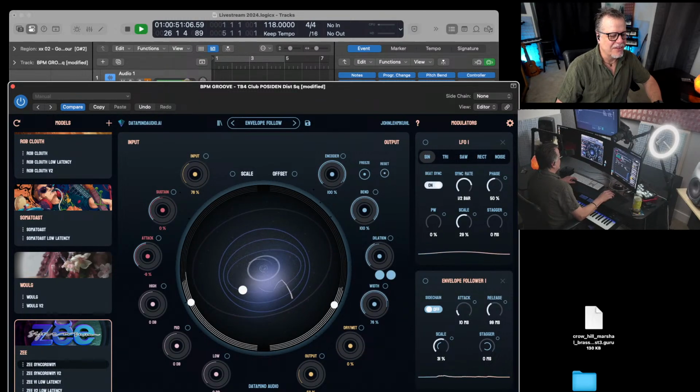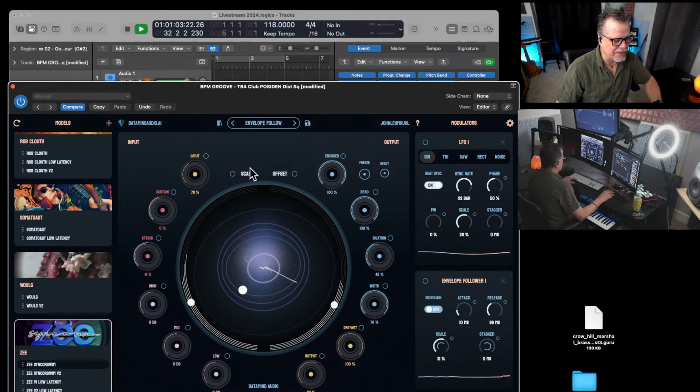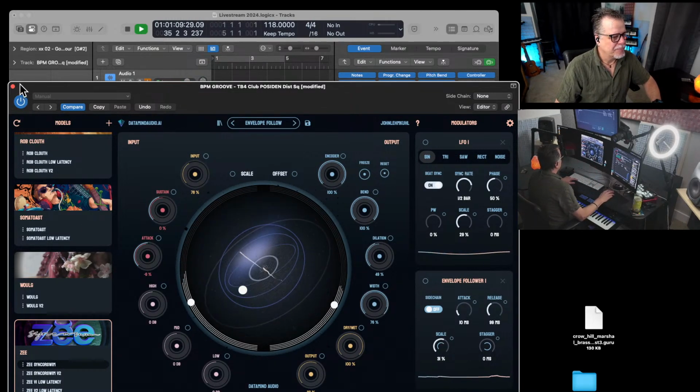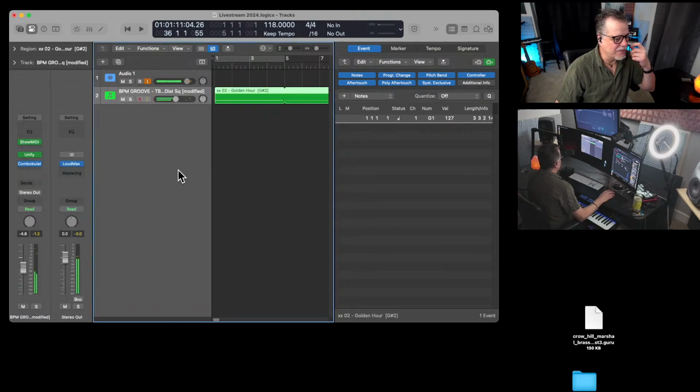And again, it's doing this to this. There's latency to it. It's not real time because it's analyzing and reconstructing and so forth. But it's really, really cool. The other plugin that they have that's really interesting is called, I can't say it right,